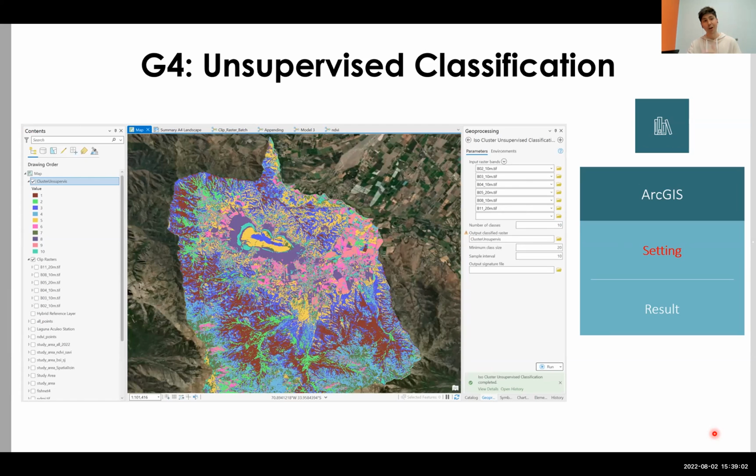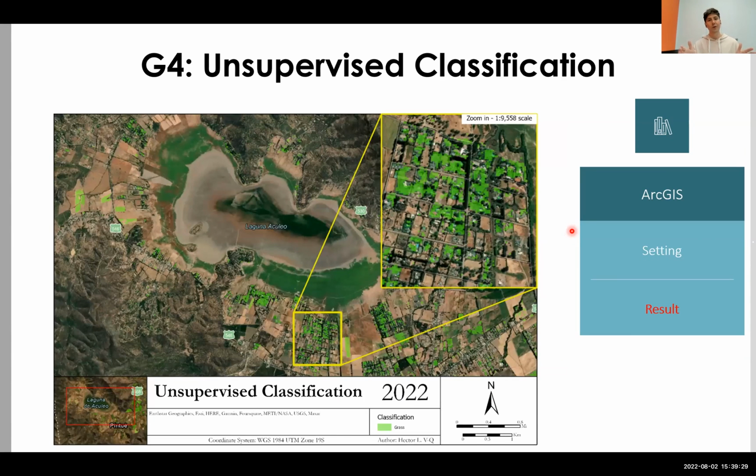Finally, goal number 4 was to train our unsupervised classification. In this case, we use ISO, and probably you can see right here, but we decided arbitrarily that we are going to set 10 different groups, and we decided once again arbitrarily which one of them is correlated with the grass cover. In this case, you have this result that is showing you that it's quite